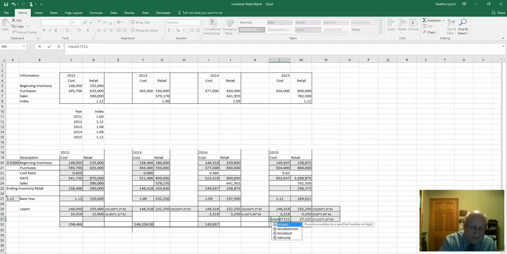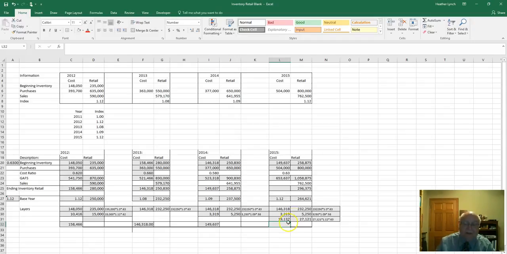Equal round 27,121 times 1.12 times 0.63, comma 0. We want even dollars. It gives us 19,137, which we then do an auto sum. And I don't need that many decimal places. And then over here, this is the final total we put up here, and that would be going on to